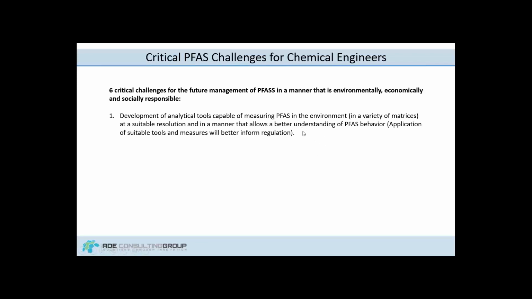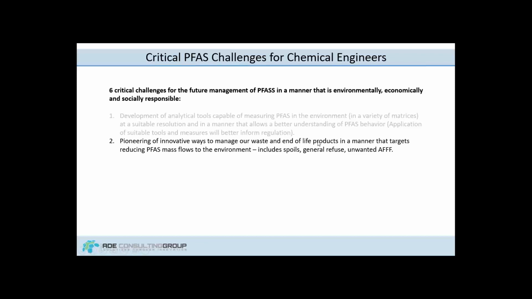So the example here is the example I used for sorbents. If we're going to use iodine number and surface area or specific surface area as a measure for how well a sorbent works for everything, that's not an appropriate measure to look at sorption, desorption behavior, and is not applicable to a heap of other PFAS compounds. So really, we need to look for better ways to measure things in the environment. Are there better tools than ASLP? Are there better tools than these indicative measures that give us more dense information about what we're actually doing?